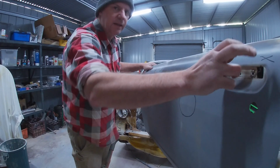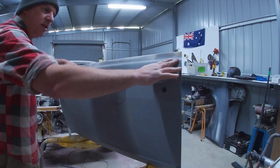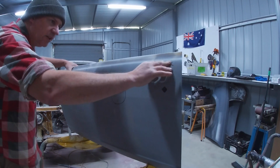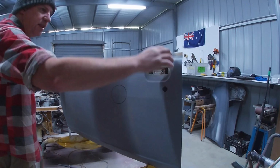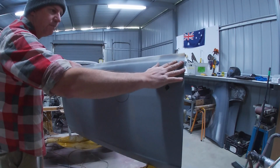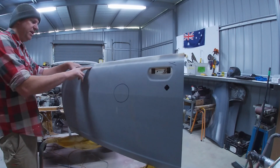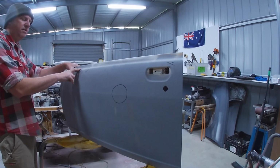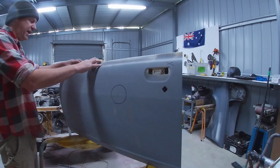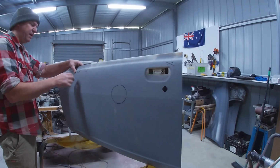I'll have to sand back up here, along the top, above the door handle. There's some filler there, so I'll have to see what's going on underneath that. On the inside, it actually feels fine. I think that someone's just done some crappy bodywork at some stage, probably when they were prepping this door last time. And then this is where the mirror, or whatever mirror was on this car, it doesn't have any mirrors now, was screwed into the sheet metal, and there are 2 little highs there from when the mirror's been on, and it pulls back a bit and it pulls up the